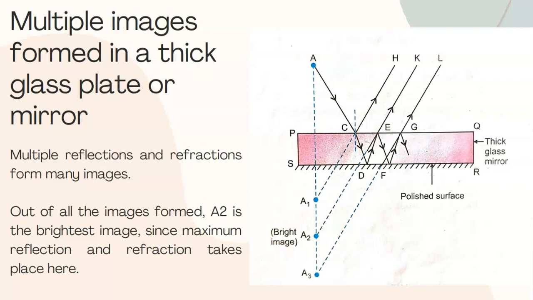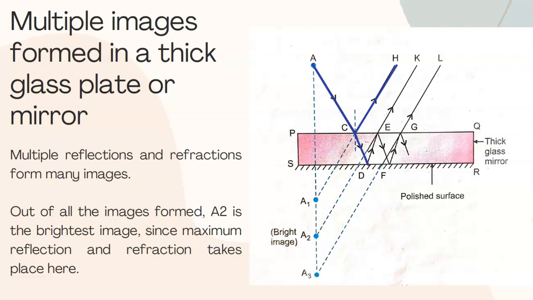So, if we look at what is happening here, we can see that if a ray of light is coming from an object A, it hits the point C. At point C, two phenomena are happening. Some amount of light is reflected towards H, and the remaining amount of light is transmitted through the glass plate,